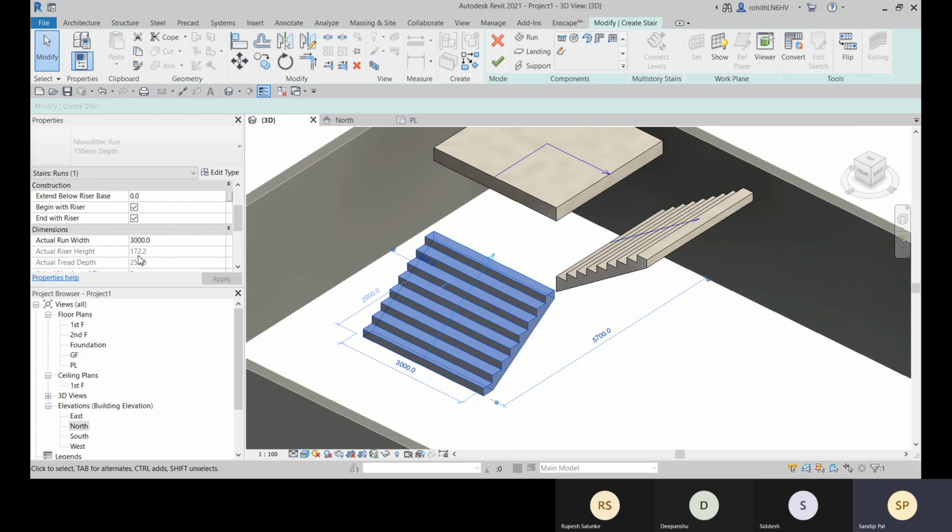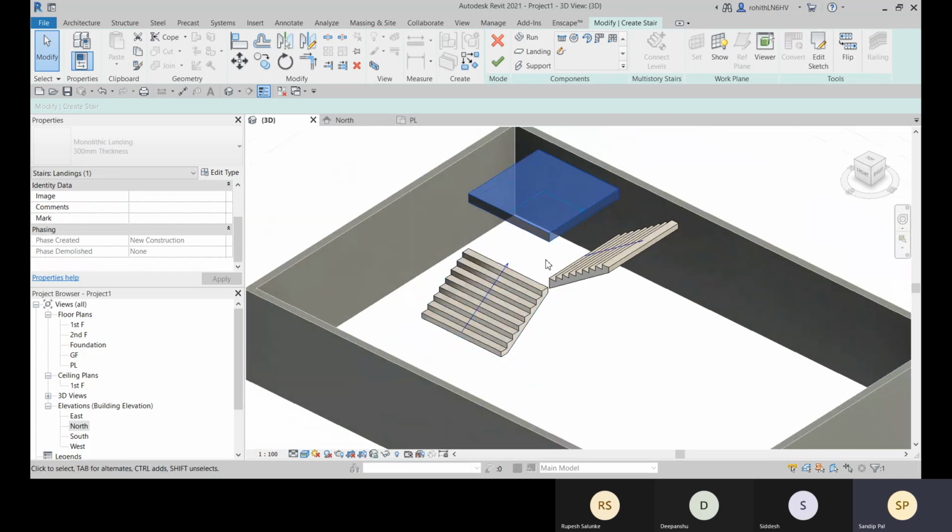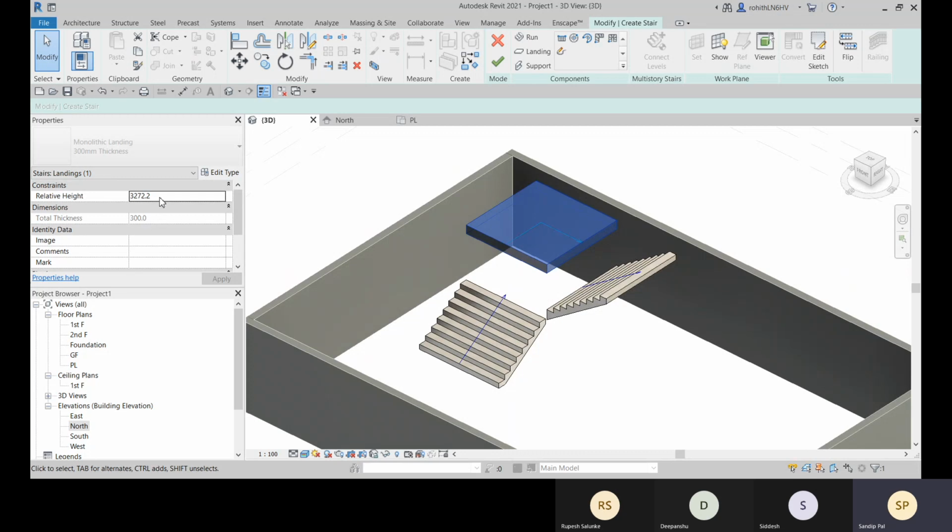So that you need to specify here. For this landing, you need to specify the relative height, which will be 1549.8. Enter.